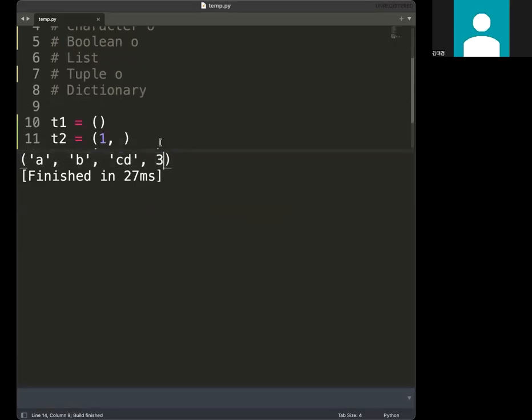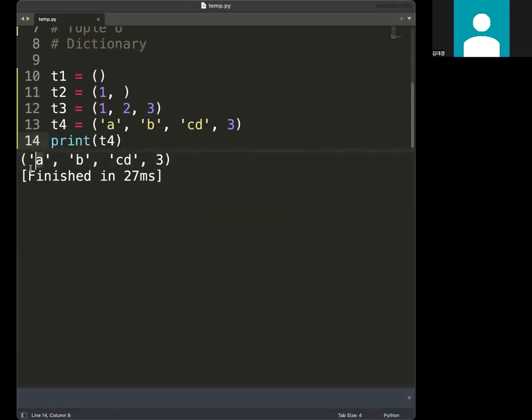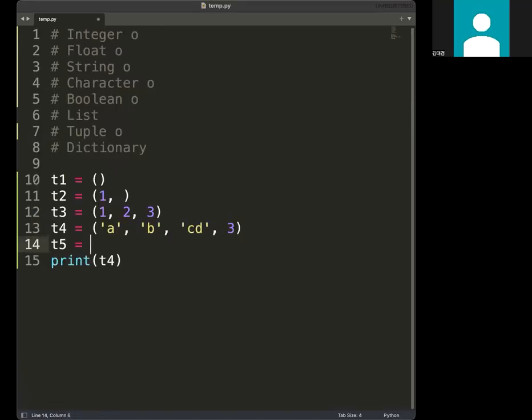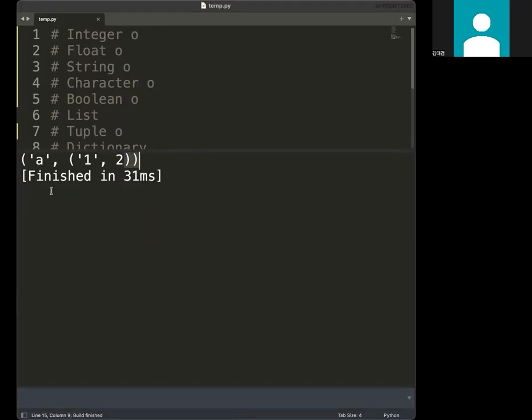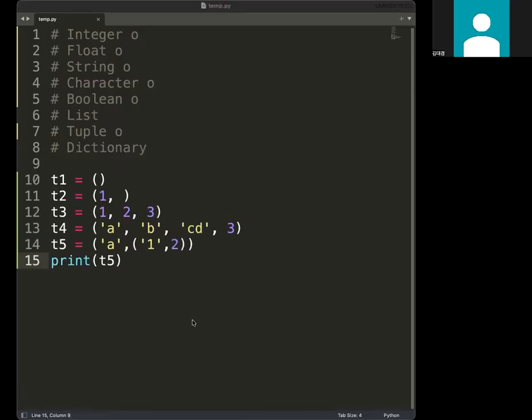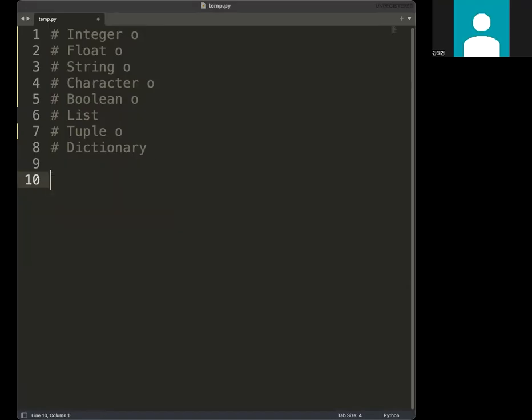And then if you print this out, you can see you have strings and numbers together. You can also do a tuple inside of a tuple, meaning T5 A, and then you have another tuple like this. If you print this out, you can see tuple inside of tuple. I'm going to explain the list in more detail, but the list looks like